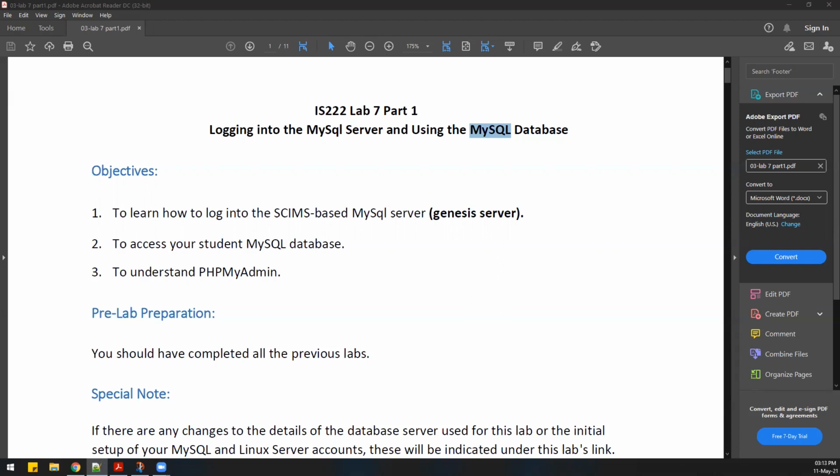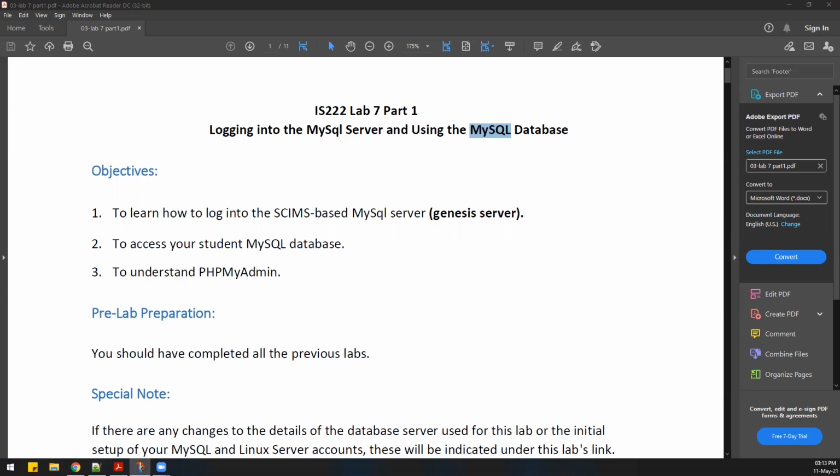So for Microsoft Access, we were using the database which comes with the MS Access software, which comes by default with the Microsoft package that consists of MS Word, Excel, and so on. But for MySQL, we don't have anything similar built in that we can just start using right away. So we will need to install the MySQL database ourselves on our computers. However, to save you from that burden of installation, USP has installed the MySQL database on their servers and has given access to each one of you.